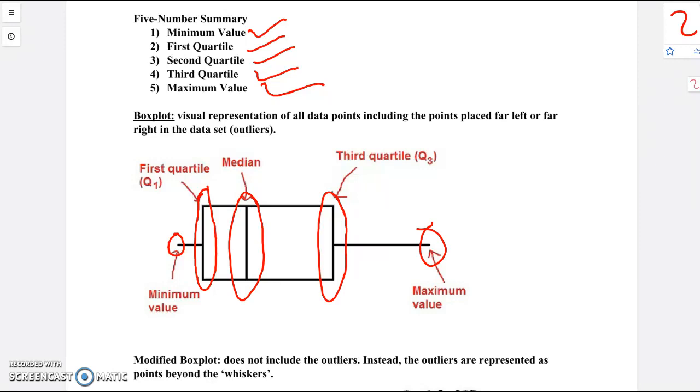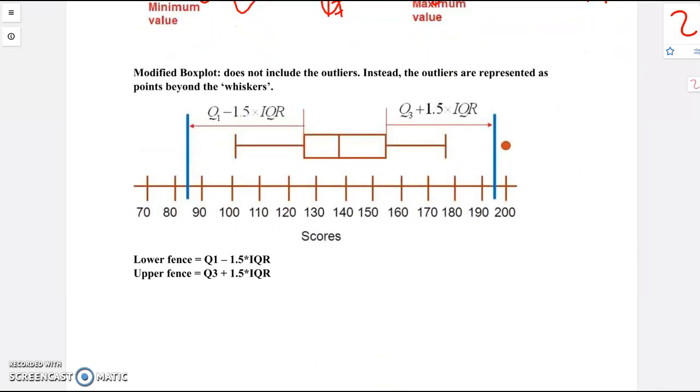Now, the thing about a box plot is that box plots usually don't take into account outliers. So if I had an outlier, let's say this hinge was maybe like 17, and this is 20. Now, let's say there was a 97, something outrageous out here. Well, this hinge is going to be all the way over here. So you can tell that this is an extreme value. And a regular box plot doesn't really tell you which one is an outlier and which one is not. So instead of a box plot, we do a modified box plot, which is